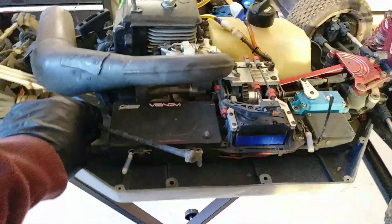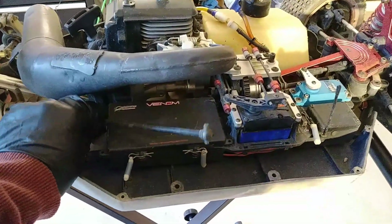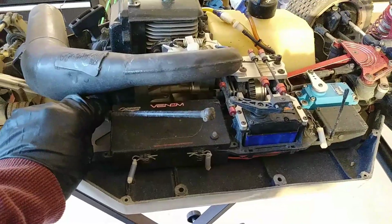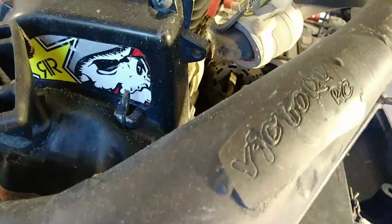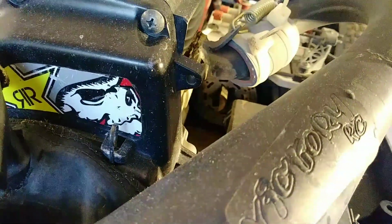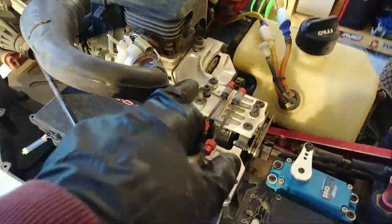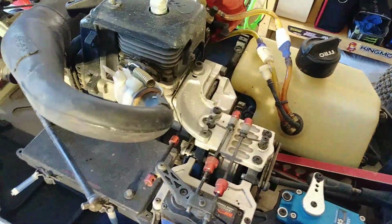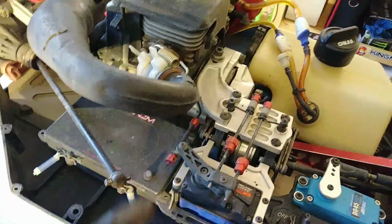When I cased that jump at the end of the video, I think it was one of the last shots in the video. When I cased that double, I snapped, I think I snapped both sides. No, only one side. You can see if you look close. I snapped one side of the drive cup completely off, and I think that's a testament to this brace. I don't think that would have happened if I hadn't had that brace. But I'm glad I had that brace,